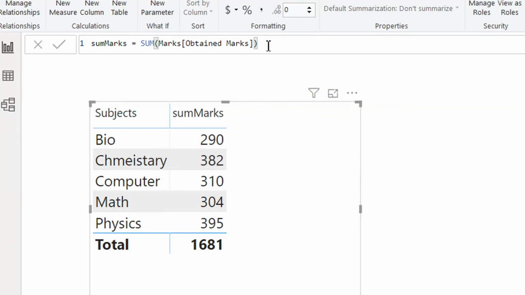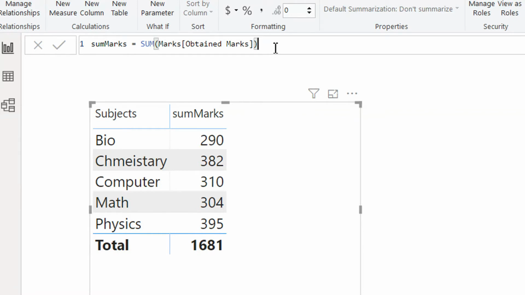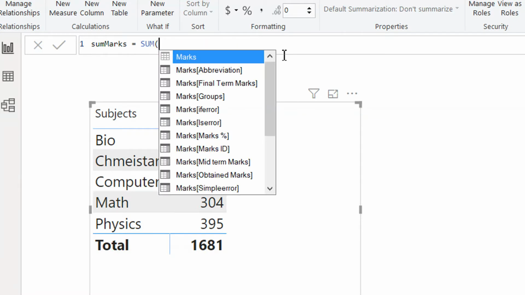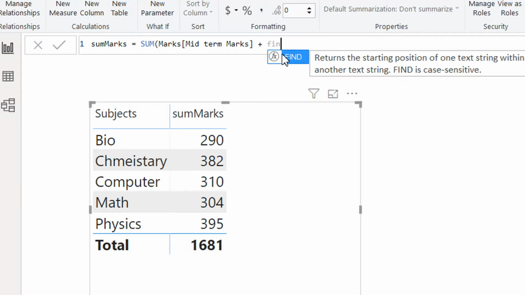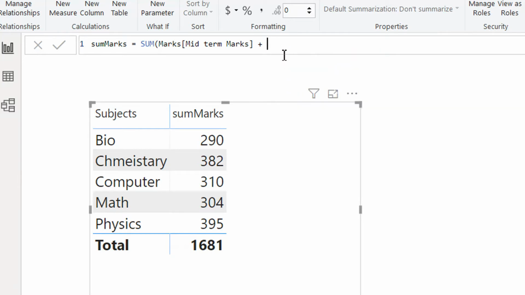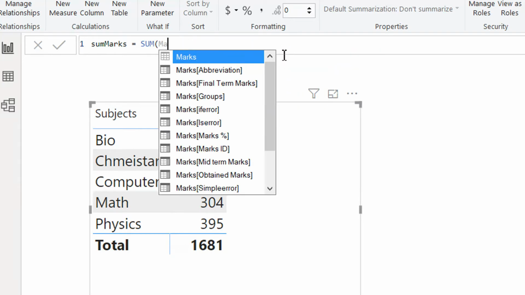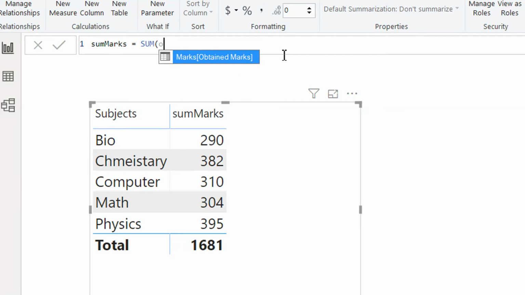And there is one limitation. If I try to add midterm marks plus final term marks, this is not possible. We cannot provide an expression to the SUM function. It needs only one column name. But on the other hand,